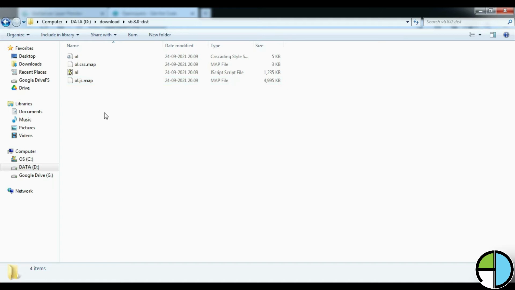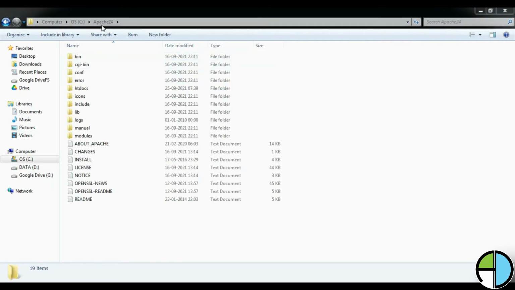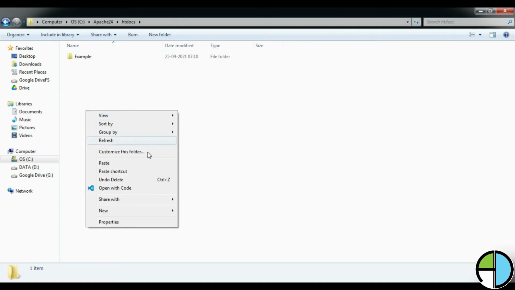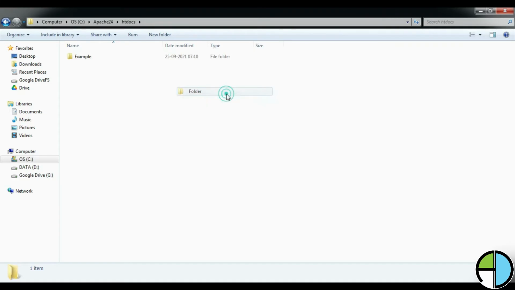So I am copying these files, and then I will paste them into the folder which I will be publishing using Apache. I am using Apache for publishing my website. So in the Apache htdocs folder, I am creating a GIS simplified folder.